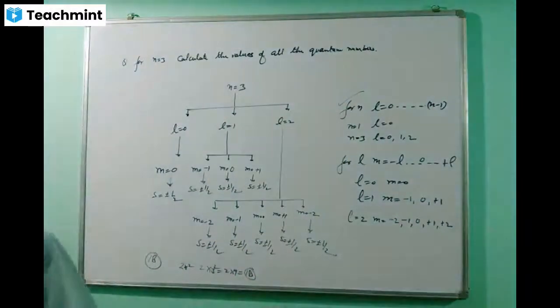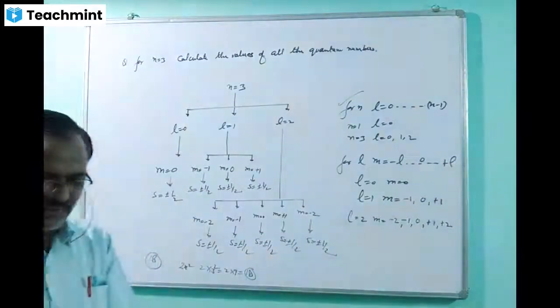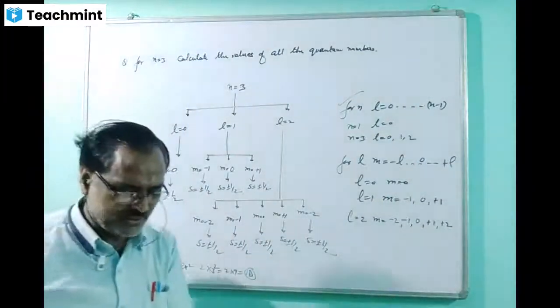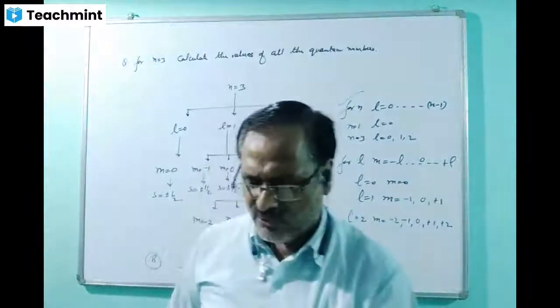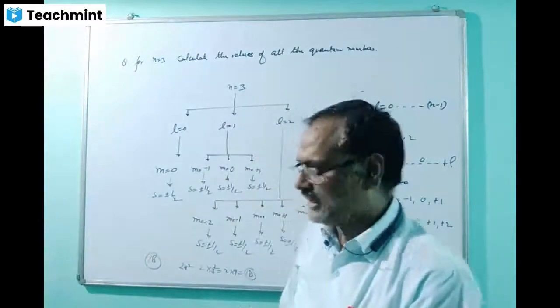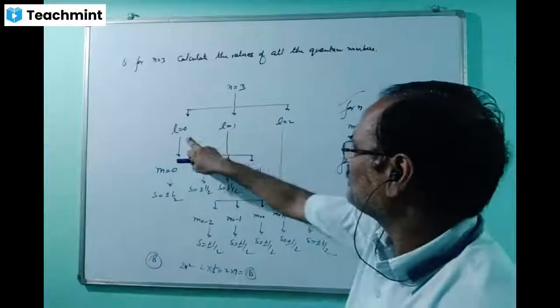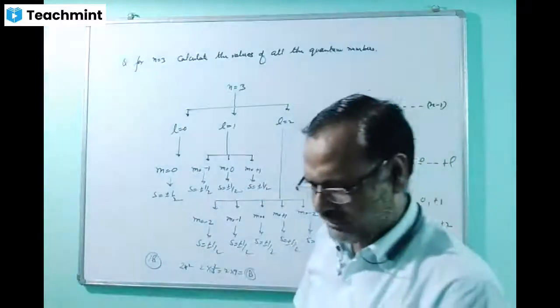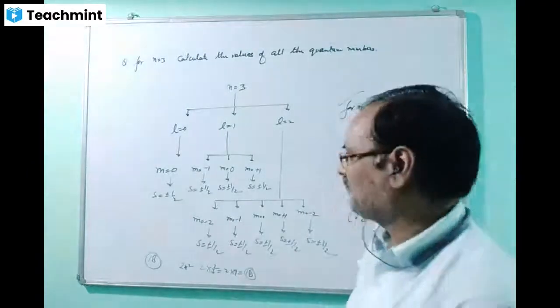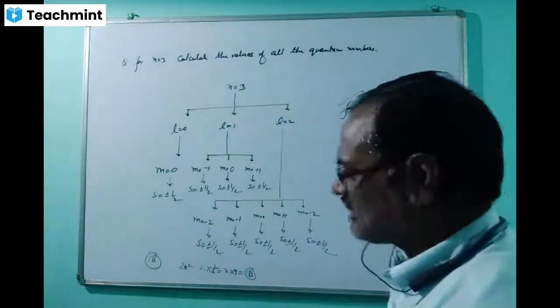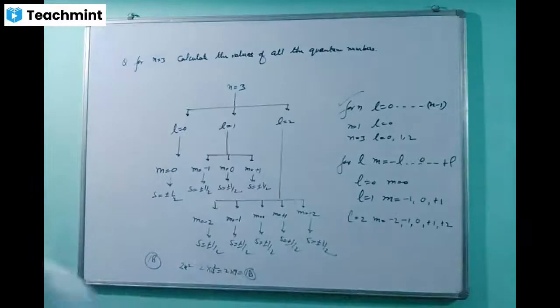So now just go through your book. Some questions are there. These questions are very, very useful for you. So this example 2.17, an orbital has n is equal to 3. What are the possible values of L? So possible values of L: 0, 1, 2. That one only. Then an atomic orbital has L is equal to 3. What are the possible values of M? So if L is equal to 3 is given, you can calculate the value of M.